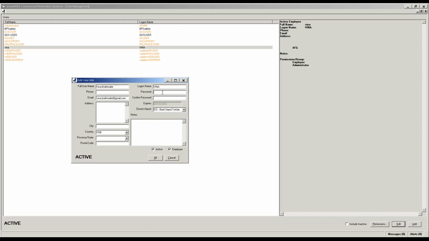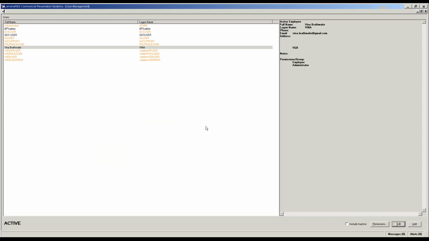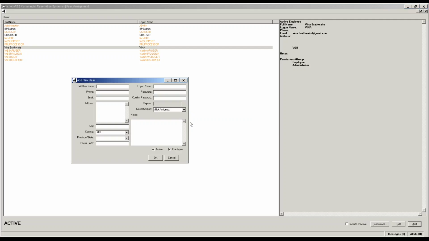All right, and we'll use the same password that we had the other day as well. You guys can change them. Password 1. All right, so Vina's taken care of, and now we'll add Neville in there. Neville, BRATHWAITEJR, and it's VILLEJR at VIAirlink.com. BGB and